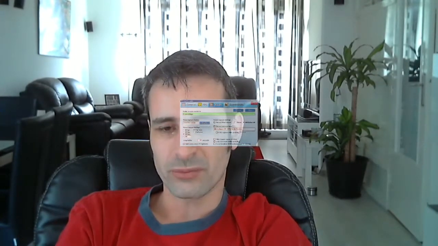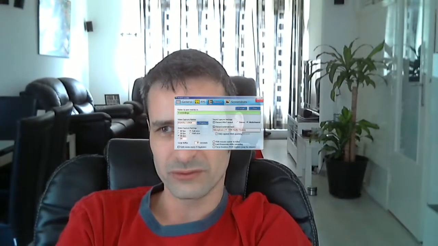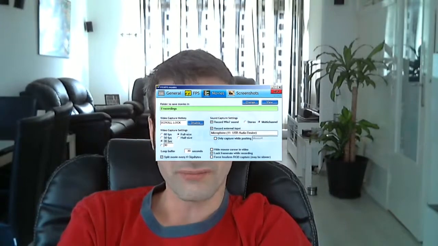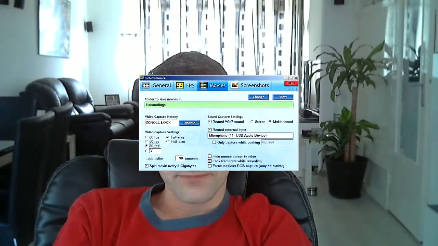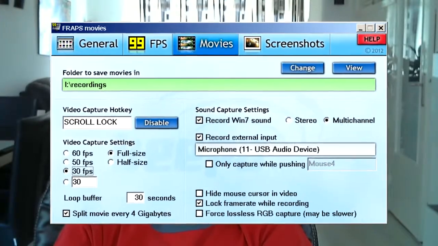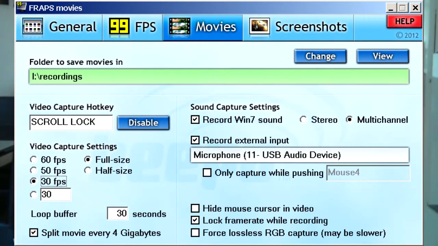For games, there's a really good program called Fraps, which has a few ups and downs. The up is that it records raw, so it doesn't take up a lot of CPU, so you can focus your computer on the actual game, so it doesn't steal a lot of frames from that. The downside is that you end up with gigabyte files quite quickly,